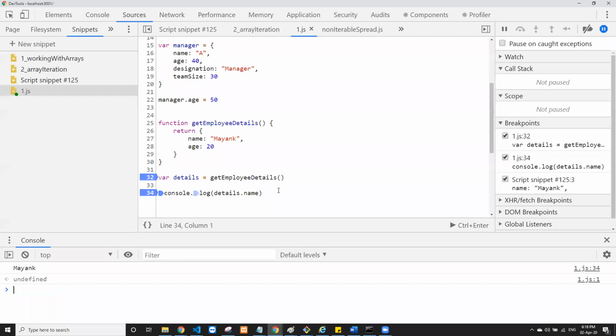So this is how we work with objects. This is how we create reusable functions. This function right now is a very static function which always returns the same name Mayank and the same age 20. But earlier we saw a function which can take variable values for addition and provide different results. If you pass 1 comma 2, you get 3. If you pass 2 comma 3, you get 5, and so on. So we can create reusable functions that return simple data, string data, or objects, and we can also create functions that return functions. That would be a part of the advanced JavaScript part.